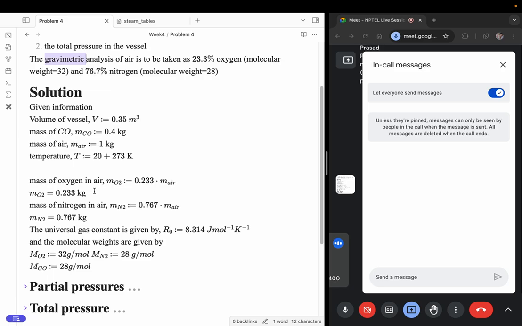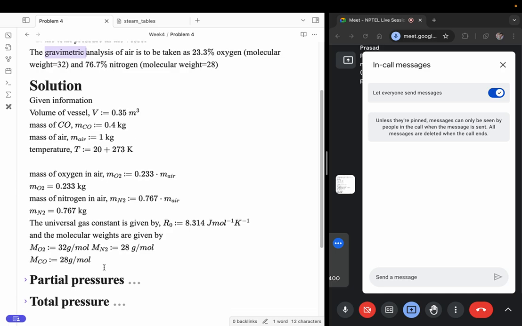So you got the mass of air is given as 1 kilogram, so it will be just 0.233 and 0.767. The universal gas constant: be consistent with the units. This is 8.314 joule per mole per Kelvin. You need to convert it into the appropriate units before using it in the energy calculations, because we are dealing with kilograms and grams usually, so this is not the appropriate unit. So we need to use the appropriate molecular weight to convert it into the R value that we typically use